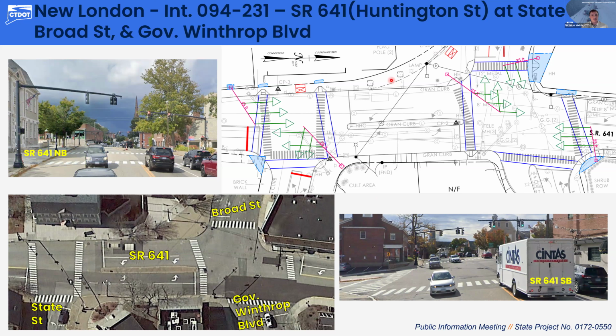So the southerly intersection is going to be getting two mast arms. One's on the southwest corner, one's on the northeast corner. Basically mimics the existing layout right now. We're proposing to obtain some easements. That's really just for sidewalk installation, just to give our contractors a little bit more room to construct some ADA compliant sidewalk ramps. So then moving on to the northerly intersection, we have a mast arm on the northwest corner,